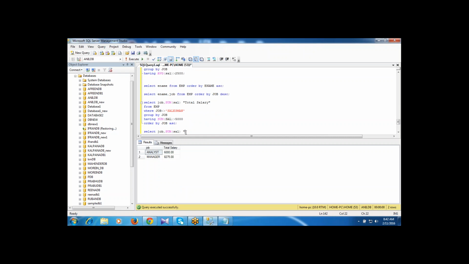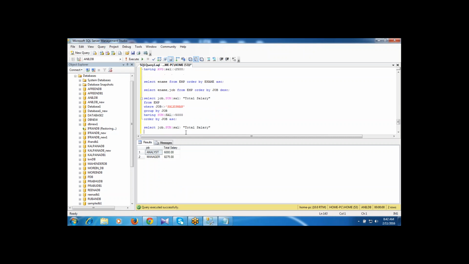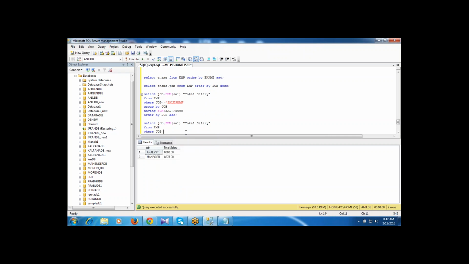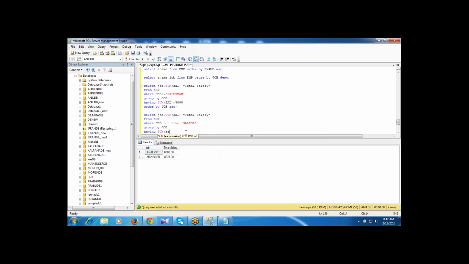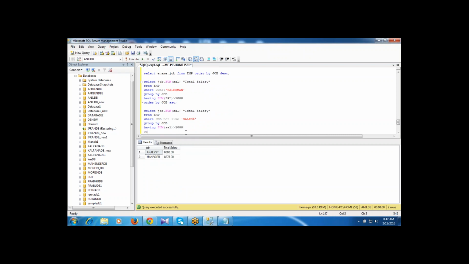Total salary from EMP, where job not like sales percentile group by job having the sum of salary is greater than 5,000 order by job descending order.